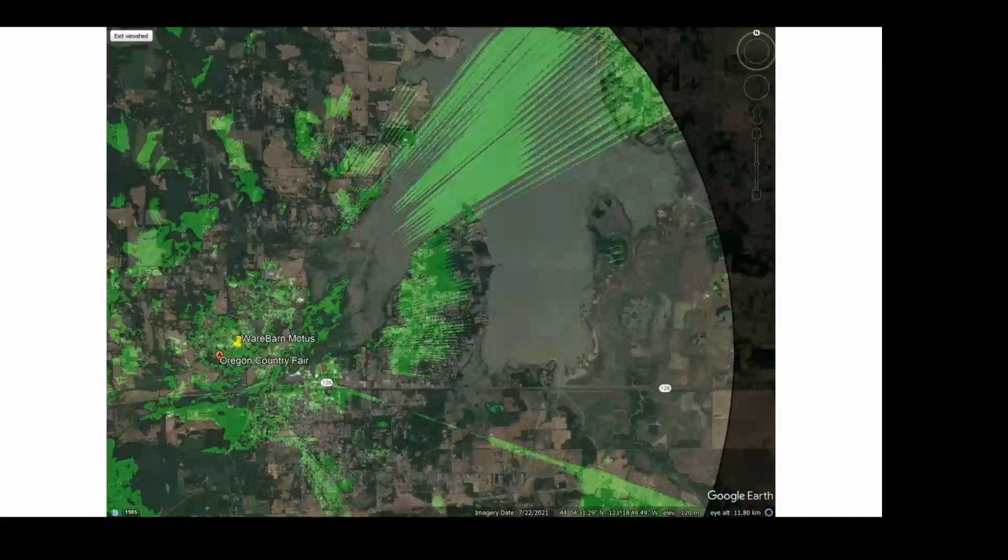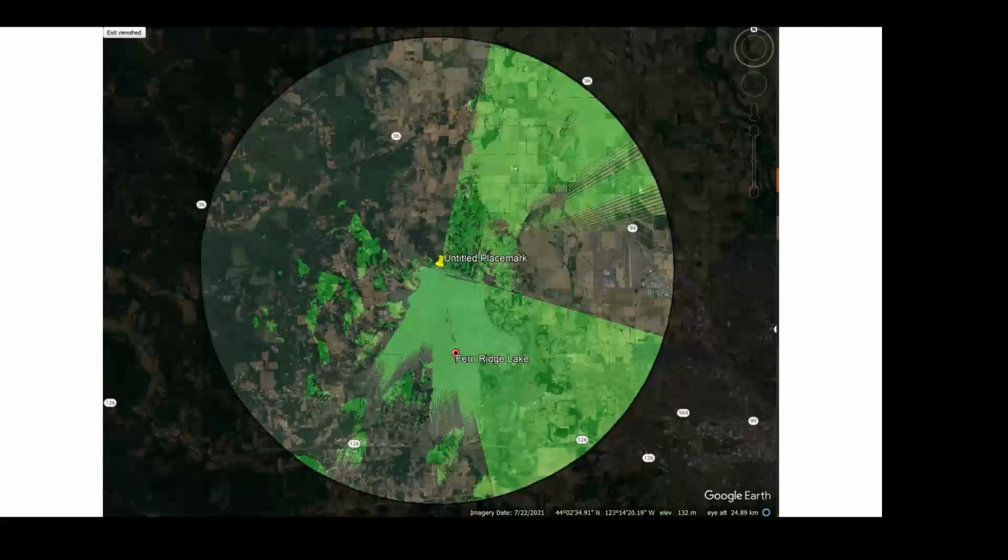So it does do the job for the fair, who wants to know what's going on locally with wildlife on its property and would love to be a part of the project. But to the upper right, we see the Fern Ridge Reservoir, and we get some coverage of it there in the very top right. But there's many areas where there's no reception because of the terrain. So this gave us at least an initial test spot, working partner, easy to set up, but not the greatest place. But our analysis showed that if we were able to put a